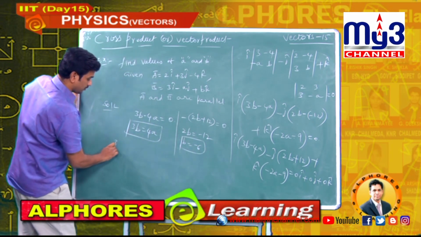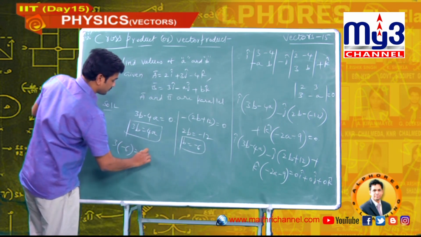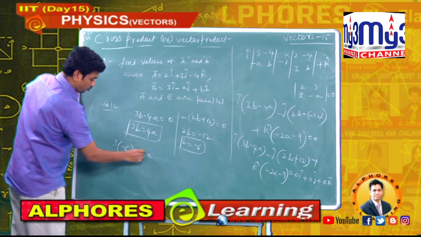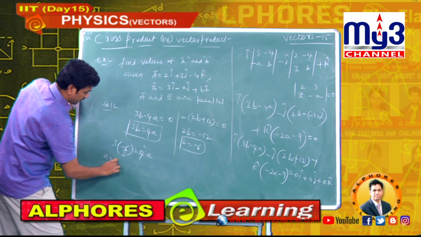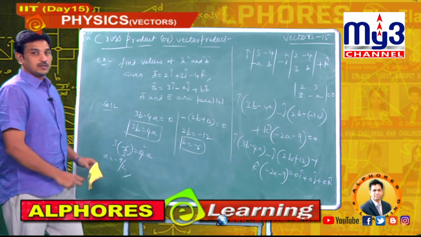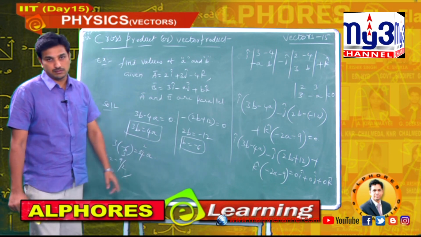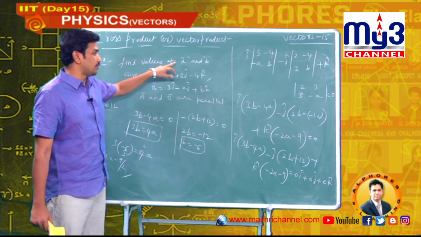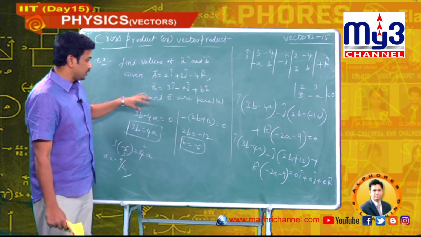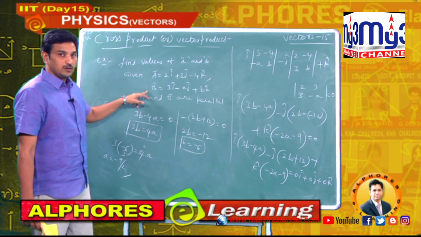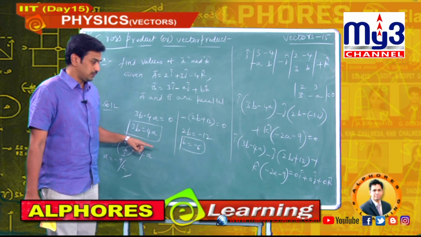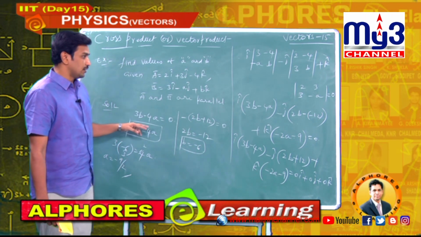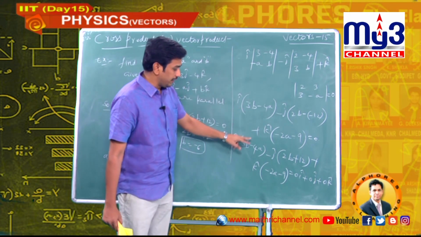Now come to this side: 3 times what is the b value? Minus 6, so 4a equals 3 times minus 6, I have substituted b as minus 6. Now 2 2s are 4, 2 3s are 6, the a value is minus 9 by 2. Here I got the values of a and b. What exactly are they asking in the question? They are asking us to calculate the values of a and b. The condition was that a bar and b bar are parallel. When two vectors are parallel, we know the condition is that the cross product is 0, which we already proved in the last class. By using the cross product equal to 0, I have an equation.